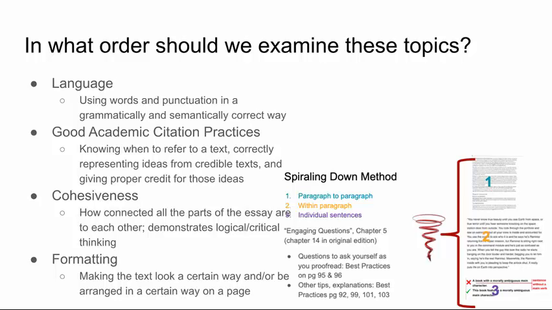So which do you think is the biggest topic? You're looking at your paper on the biggest scale and you're not looking at the little tiny details. Which one is the biggest? Format. Formatting's the smallest. But you see, when you get the paper, you see how does it look? If the paragraph is aligned, if the title is centered. You're right. Okay, sure. We can think about it that way. That's the first thing that I see. And cohesiveness. Okay, yeah. So let's look at cohesiveness. All right. So yeah, there's an argument for formatting depending on where your eye is at. So formatting, that's debatable, and then cohesiveness.